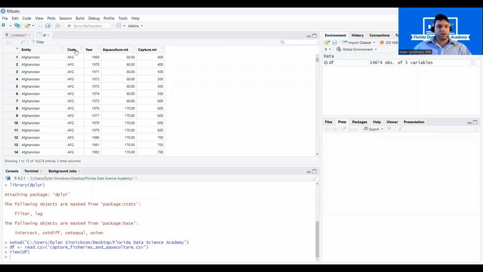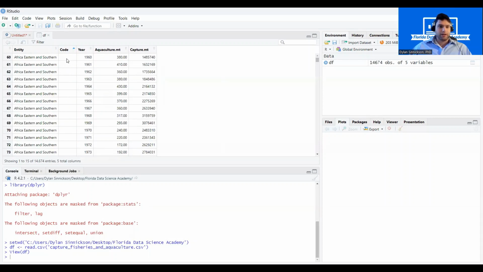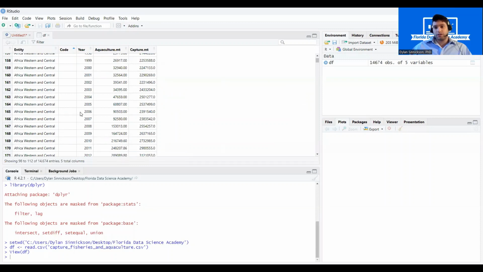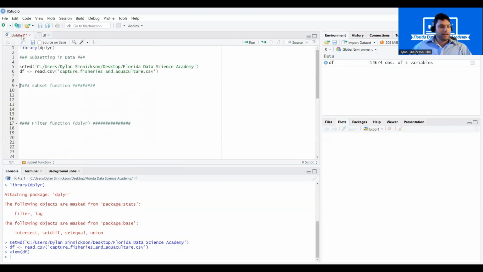But let's check this code variable. If I double click on code, we can see that when we try to line things up in alphabetical order, we're starting with Zimbabwe as our last country. But then as we move to the top, it looks like we also have some entities, which I thought were only going to be countries. It looks like some of them are regions or continents. And then we have a blank country code for rows 60, 61, and so on. So there's actually going to be a variety of different rows that don't have a code because they're not actually countries. So what we're going to have to do is use the subset function to remove those rows